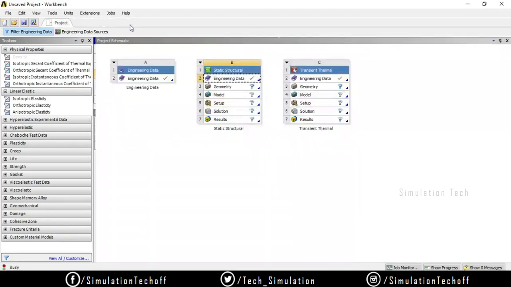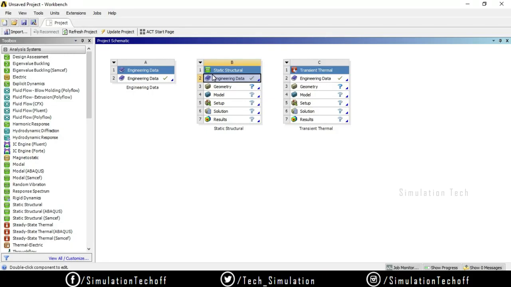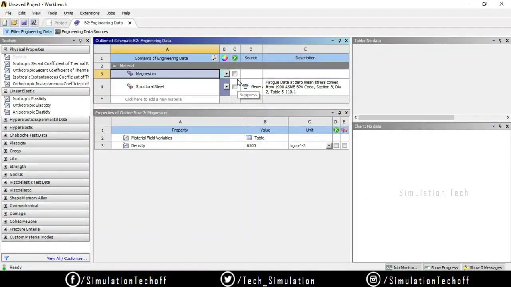So right now you have seen that I have created the material in this engineering data. I can only use it in the system itself. I cannot use the material in transient thermal, or if I drag and drop a modal analysis or random vibration, whatever it is, I cannot use this material because it is added only in my filtered data. That is only accessible by the particular system itself. If you want to create a material which is universally accessible by all projects, or if you close the project you can create a new project tomorrow or whenever,